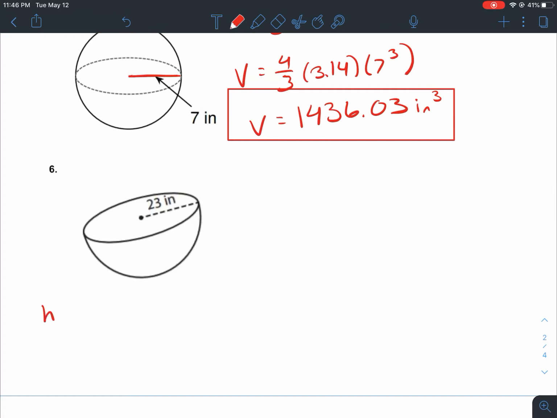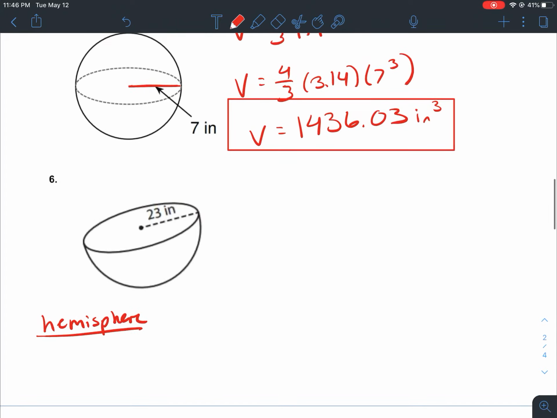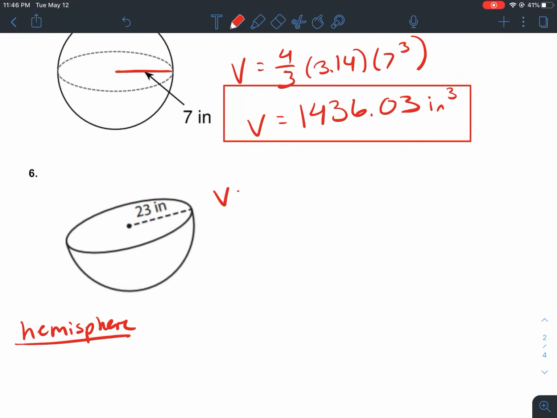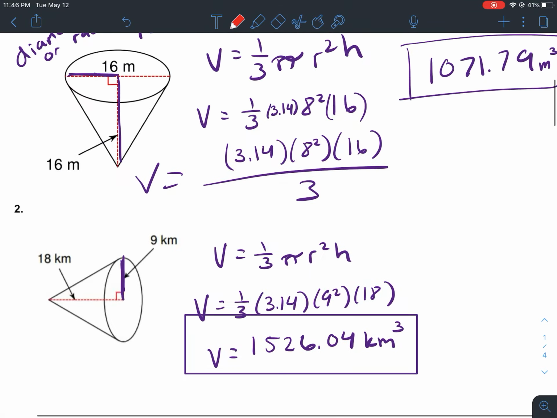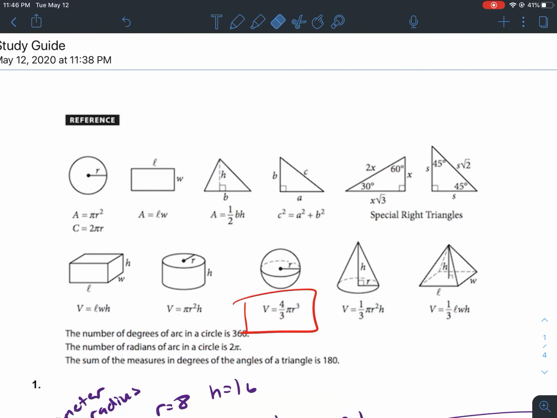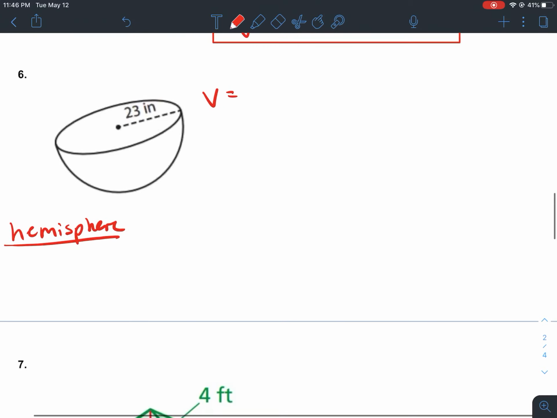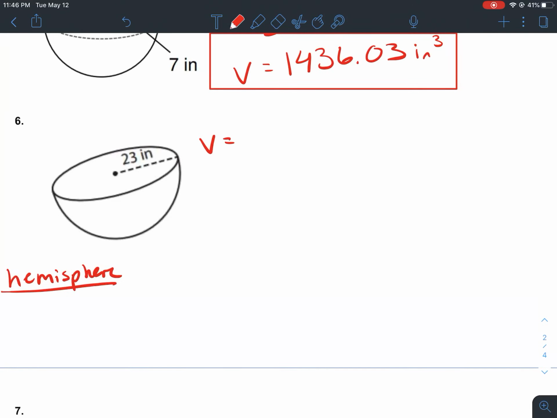So for number 6, we have a hemisphere. A hemisphere is half of a sphere. So there's actually 2 different ways you can do this. Now, the volume of a hemisphere isn't actually given on this sheet here. So if you look up here, you're going to say, oh, I don't see the volume for a hemisphere. Well, there's 2 different ways you can do it. You could calculate it using this formula and then just divide your answer by 2, since it's half of a sphere. Or you could use the formula